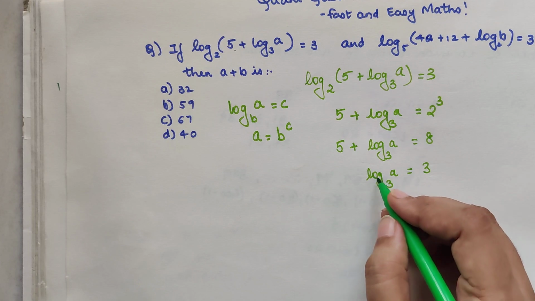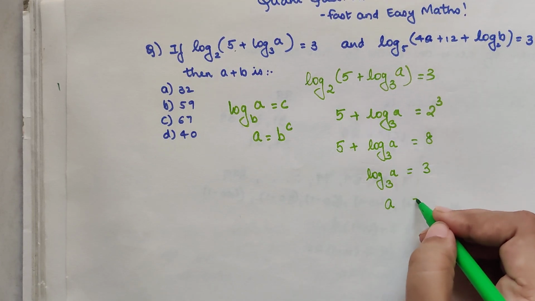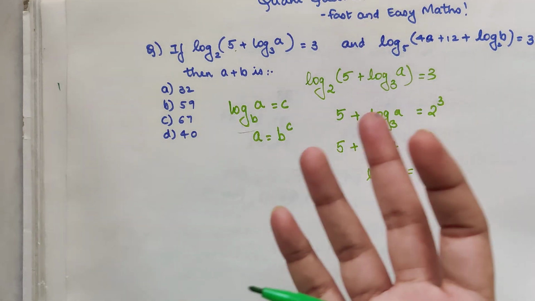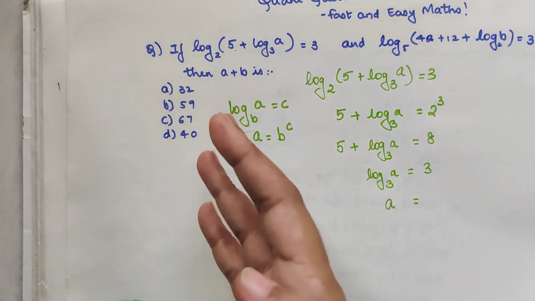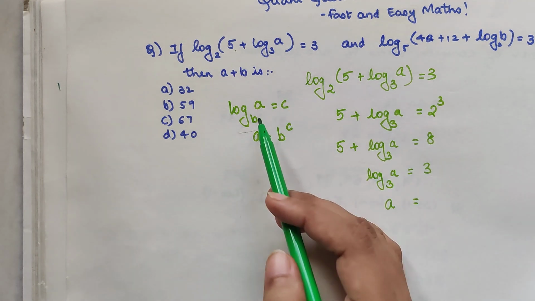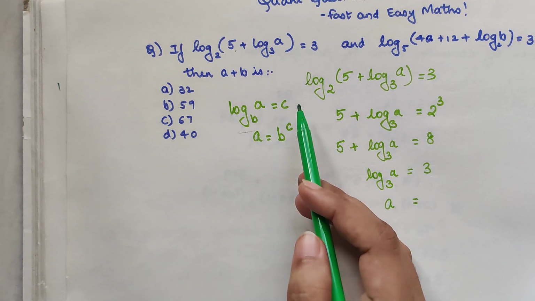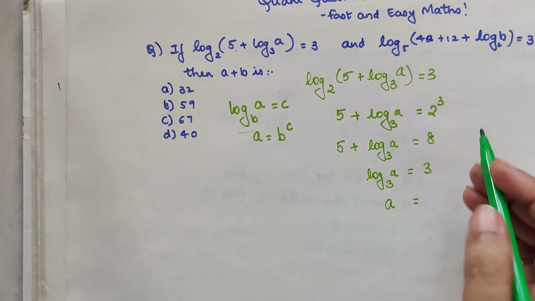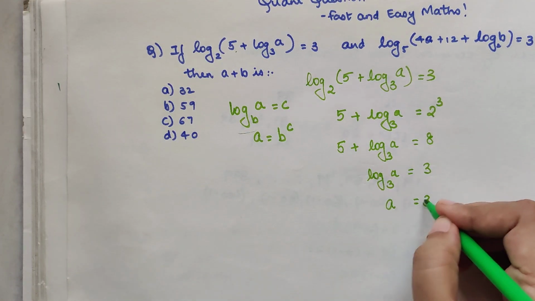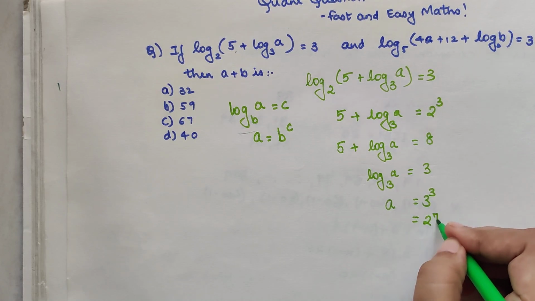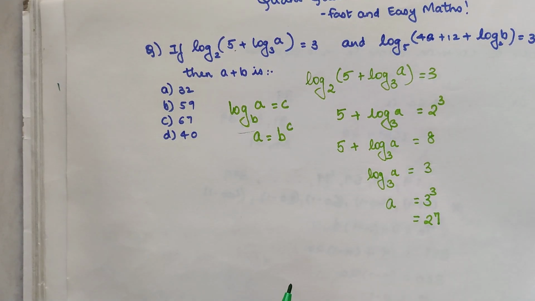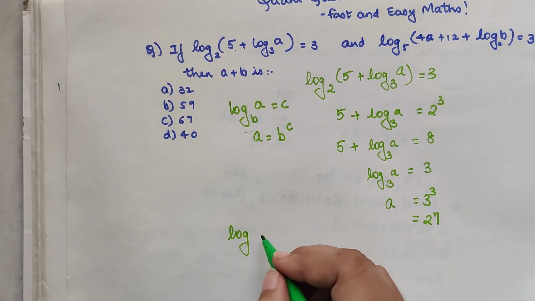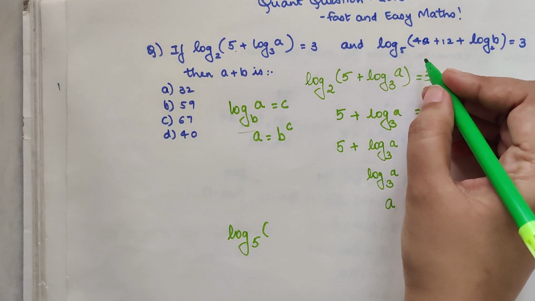Correct. When you take the value of a, I basically say, understand students, this particular law is how to remove the log. Okay, so if you want to remove the log, you convert things into exponents. That is why the base shifts to this side, and the number over here becomes the index. So now a is equal to 3 raised to 3, therefore a gets you the value of 27. Okay, so now let's put this value of a as 27 in the next equation.